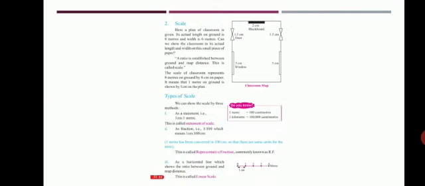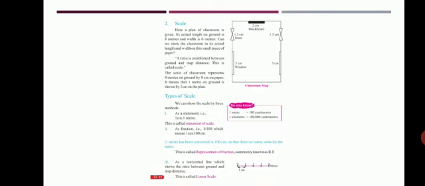So a ratio is established between ground and map distance. This is called scale. So the scale of the classroom represents 8 meters of ground by 8 centimeters on paper. You cannot show these 8 meters on a piece of paper, so you will just establish a ratio and draw an 8 centimeter line to show the ground.